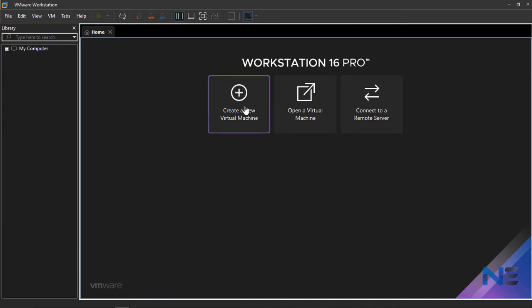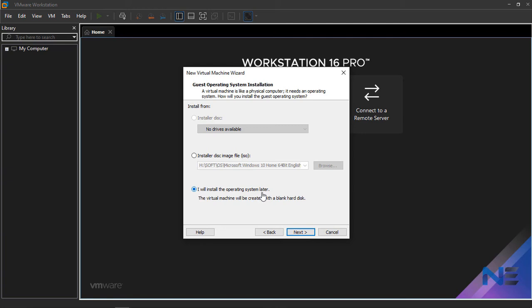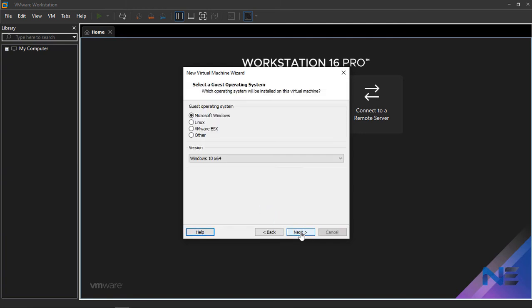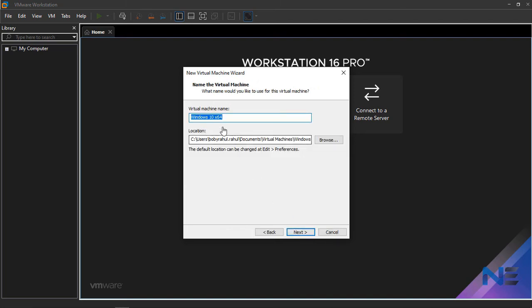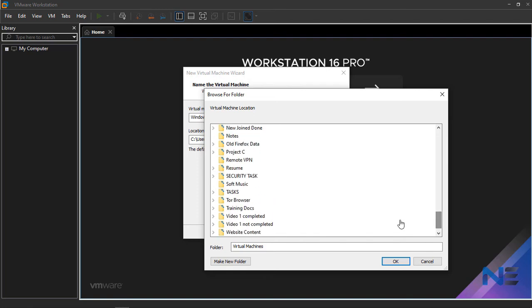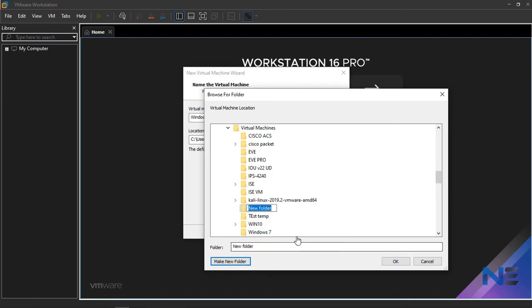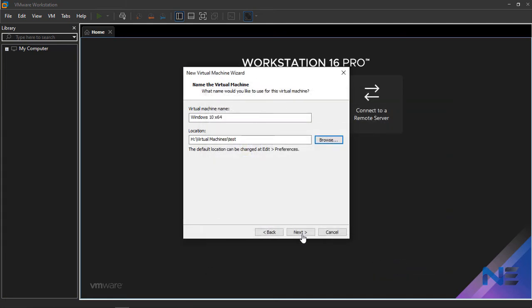Click on create a new virtual machine. Next, I will install the operating system later. Click next. Windows 64-bit. Next, I'm gonna change the location here. You can use the same location as well. I don't have enough space in C drive, that's why I'm using a different location. Test. Okay. Next,